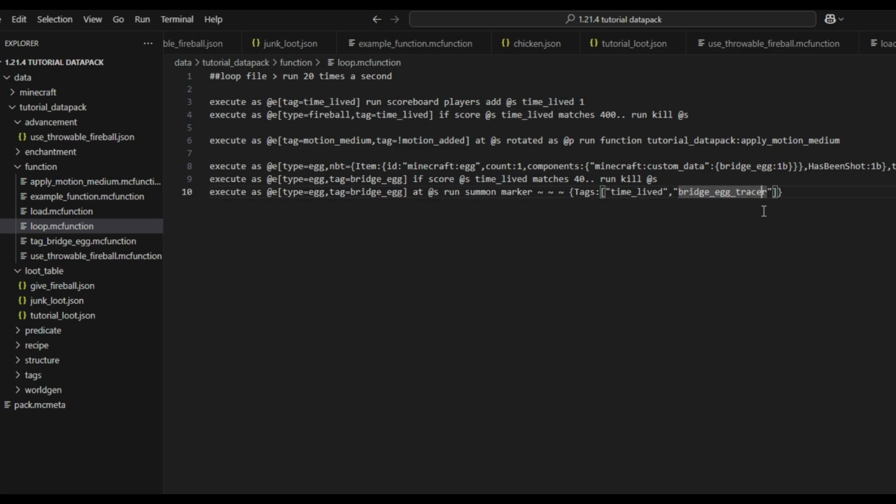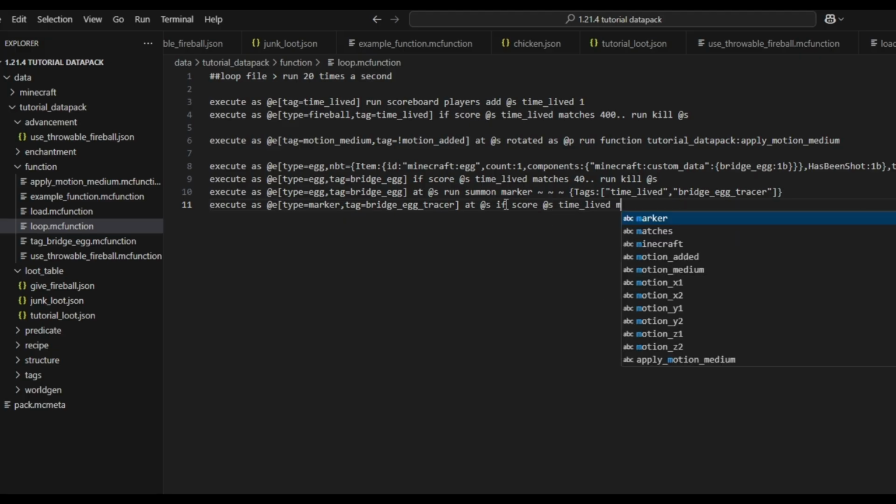After that, all we want to do is to spawn the bridge now. So execute as at E, and inside here we want to make sure this is now type equals marker, is no longer egg anymore, and the tag equals bridge egg tracer at S, so on the location of the marker. If their score, so the delay it has at S, time lived matches,